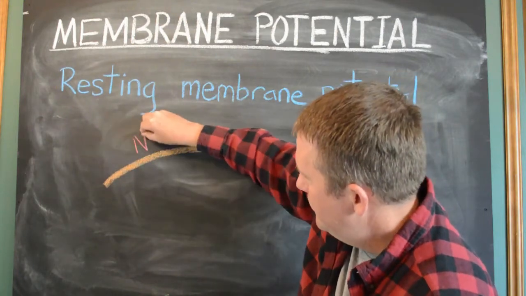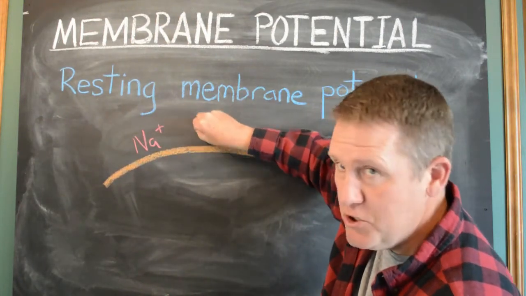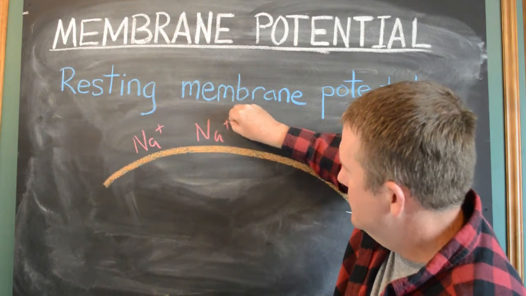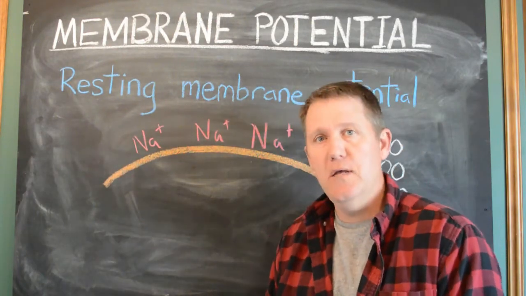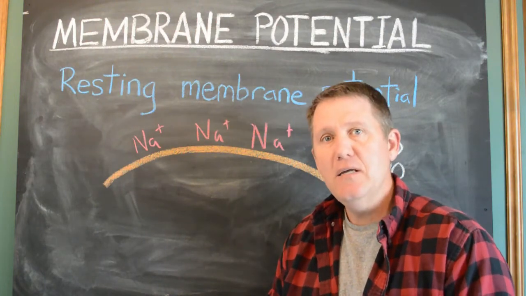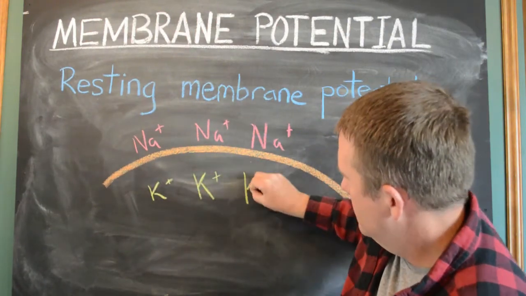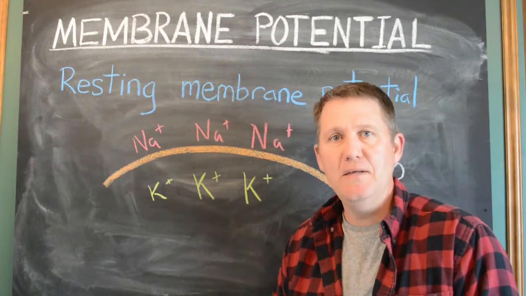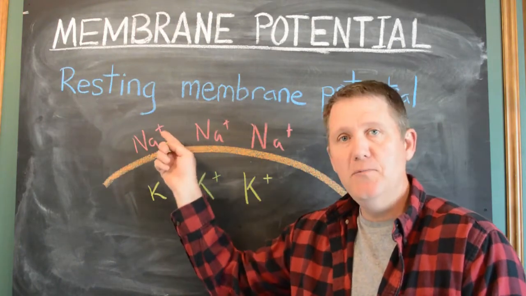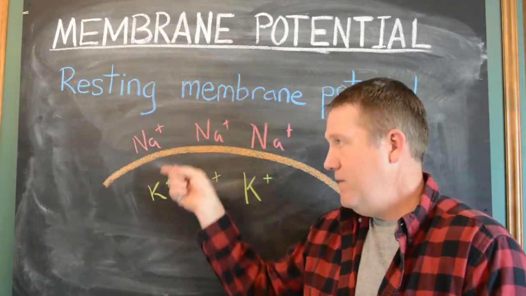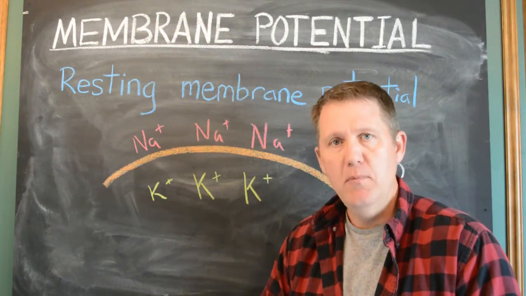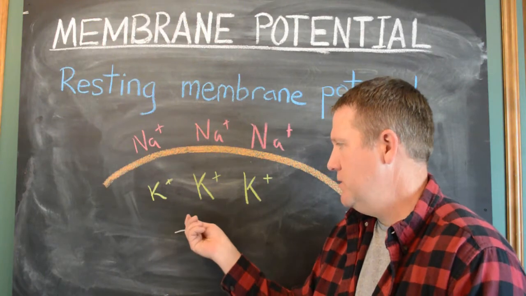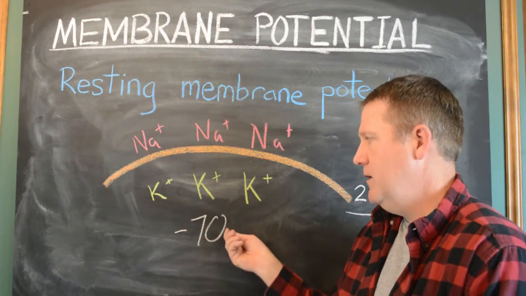A cell can kind of take it easy and just go into maintenance mode in resting potential when it has mostly sodium ions outside the cell. And inside the cell is mostly potassium ions. And there's a little potassium outside and a little sodium inside. But if it gets this difference, it's happy. It's at resting membrane potential, which is, again, negative 70